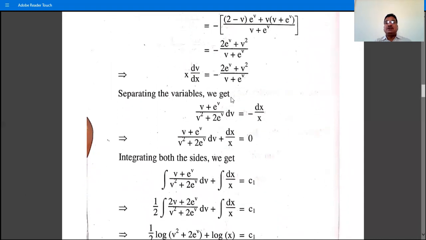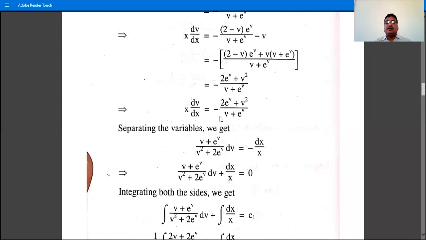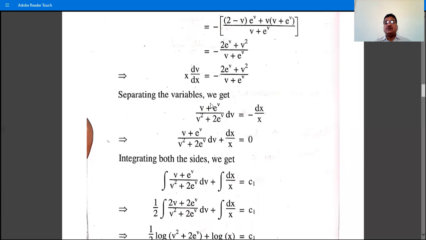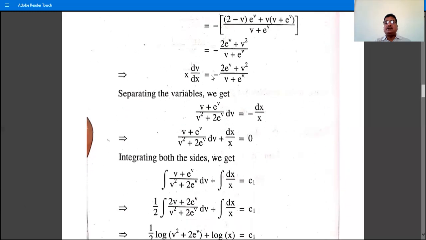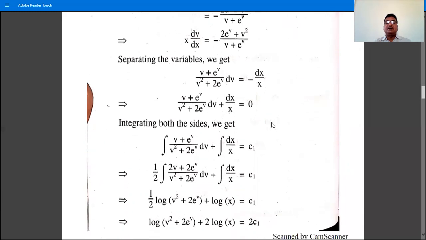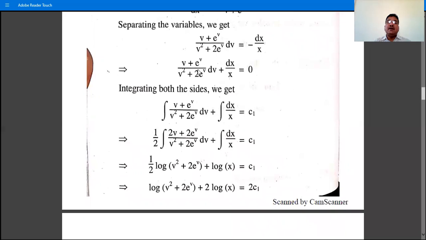And then we have to separate the variables. So shift this quantity to LHS. So we have v plus e raised to v divided by v square plus 2 e raised to v dv is equal to minus dx by x, and so by shifting this quantity, we have plus dx by x is equal to 0, and integrating both sides. This is in the variable separable form. So integration of v plus e raised to v divided by v square plus 2 e raised to v dv is equal to integration dx by x is equal to the constant of integration,